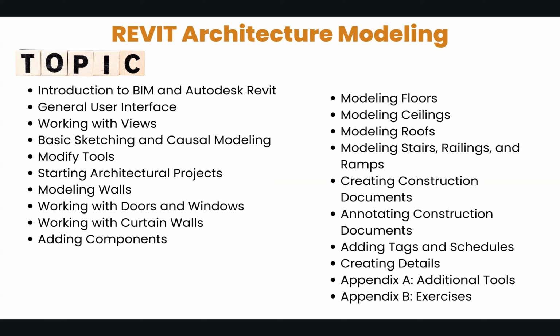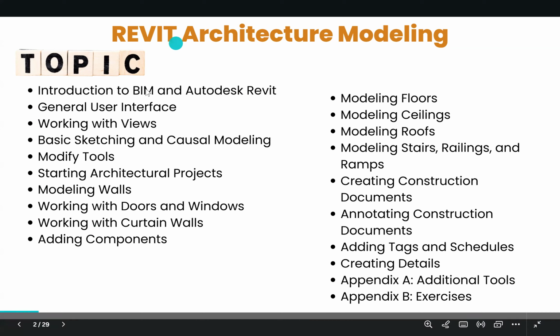Later I will demonstrate basic sketching, partial modeling and modify tools. AutoCAD also has modify tools, right? You can edit, extract, extend, or trim. All these things can be done in Revit, but in a different way. So you have to learn how to create a wall. In AutoCAD, your wall is two lines, a door also two lines, right? But in Revit, it's very obvious that it's much easier, and there is a lot more that you can learn.